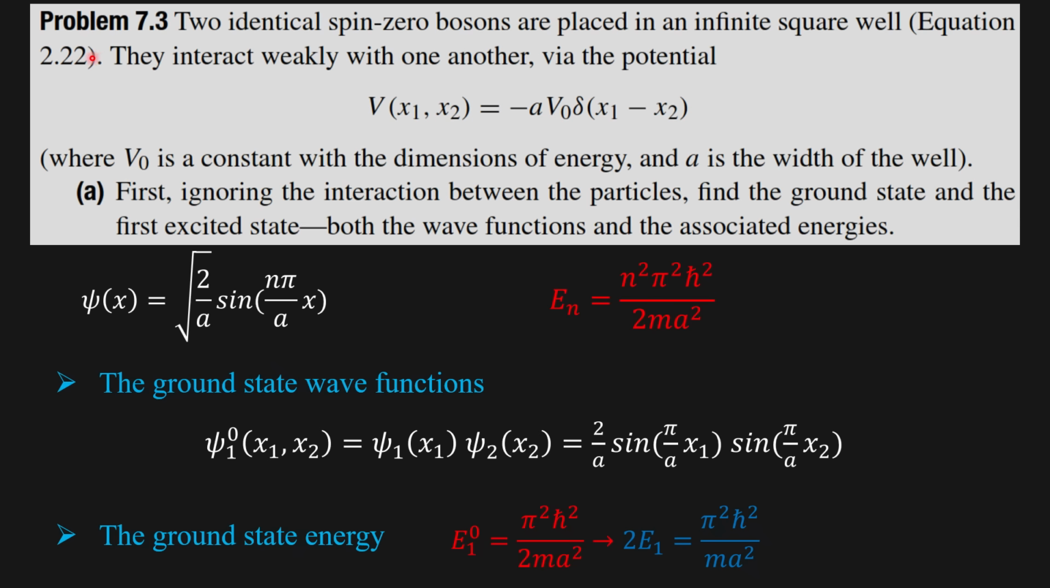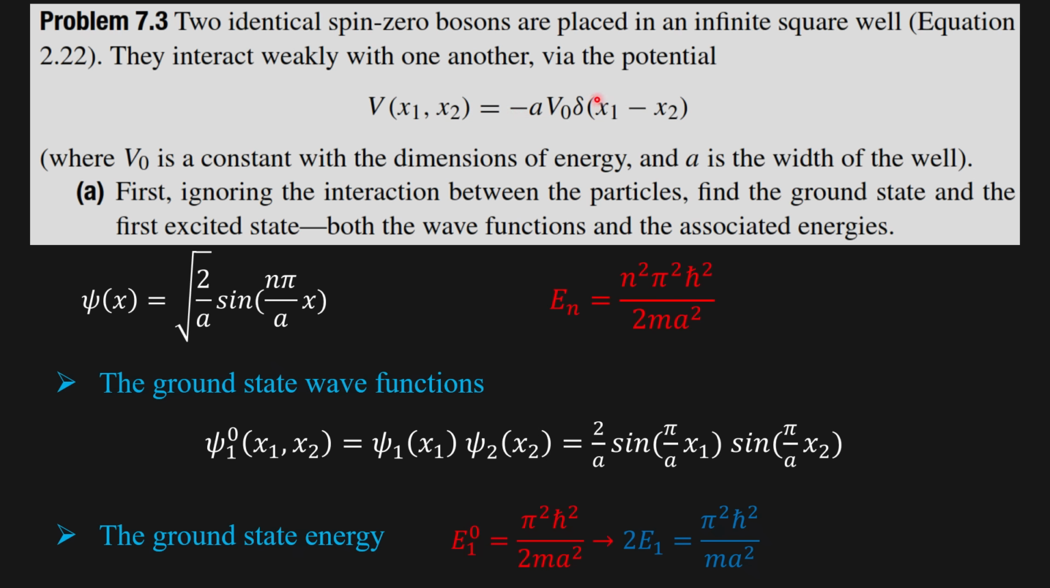Today we are going to see the revised and simplified version of problem 7.3 of Griffiths' third edition, Introduction to Quantum Mechanics. Problem 7.3 is: two identical spin-zero bosons are placed in an infinite square well, Equation 2.22. They interact weakly with one another via the potential V(x1, x2) is equal to minus a